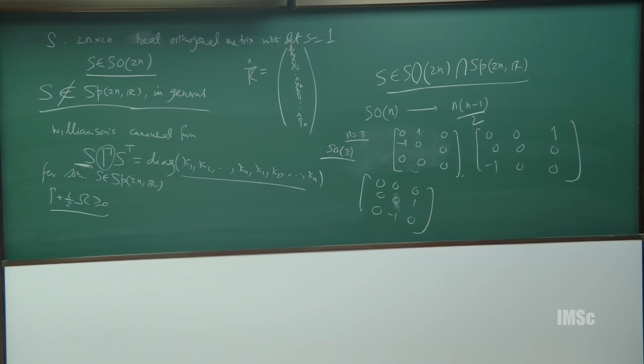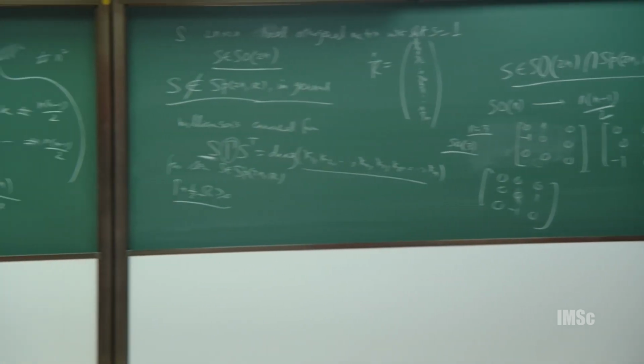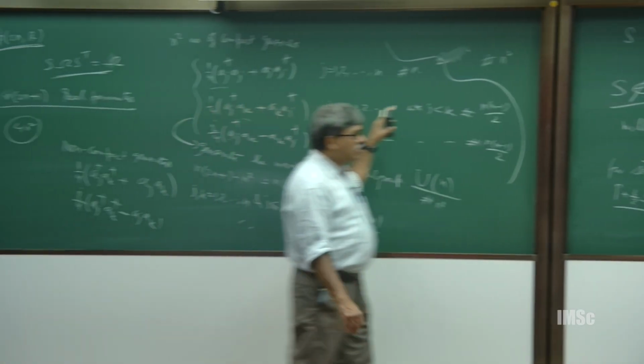If you take these as your generators of rotations, any rotation matrix generated by them will always be an element of Sp(2n,R), because these are also generators of Sp(2n,R). So this is automatically